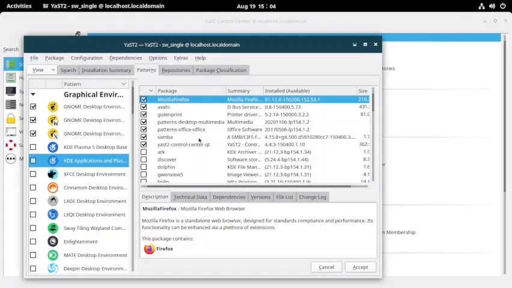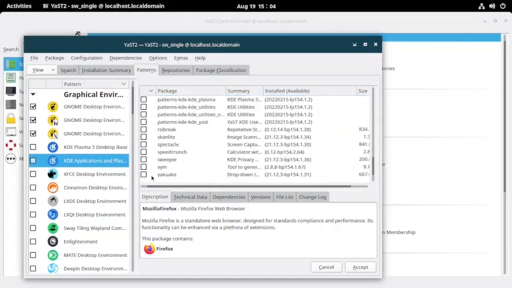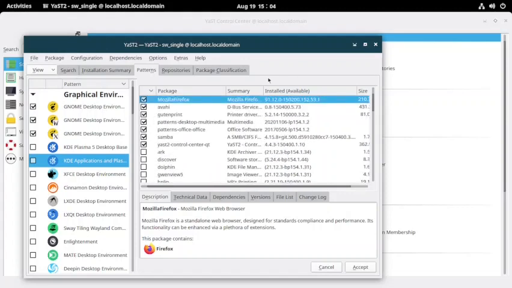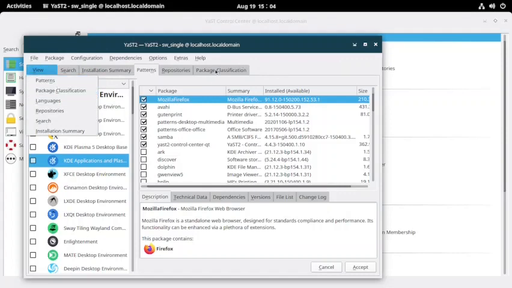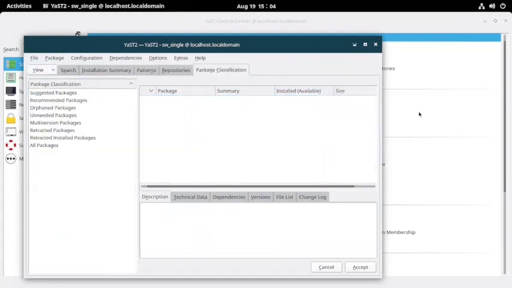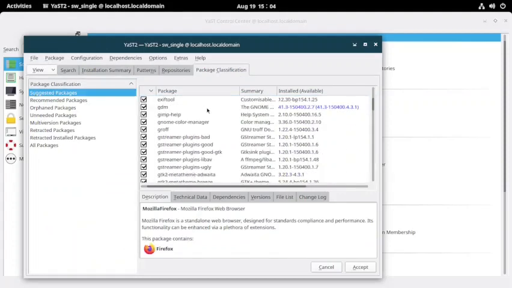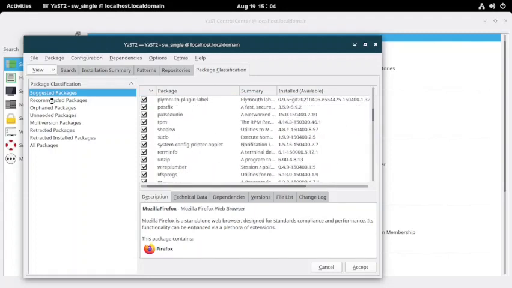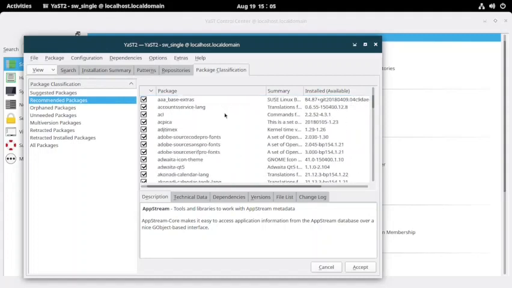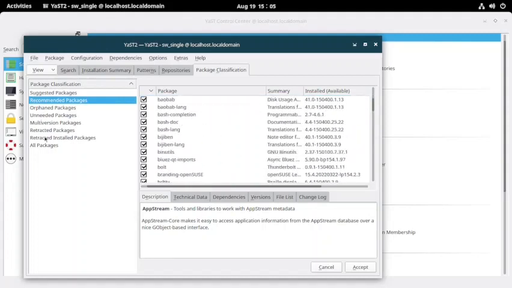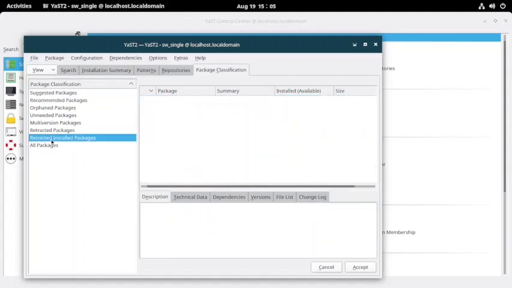So how to search? Because you can see here no other packages are installed. So for that you have to go over to the view tab and open the package classification, and here you can see suggested packages. So this will show you the packages that are suggested by your package manager for installation. Then there are some recommended packages. Then there are some retracted